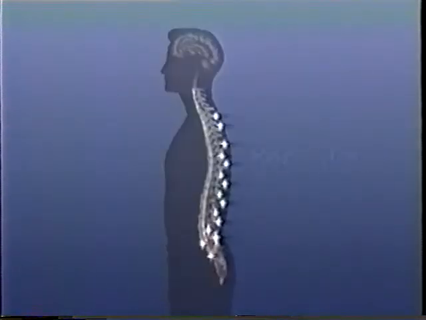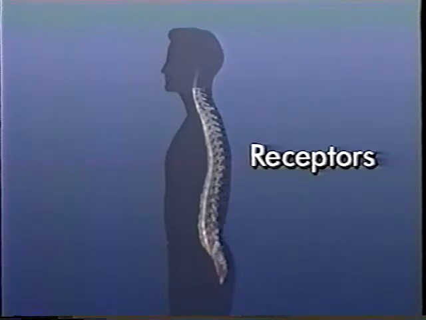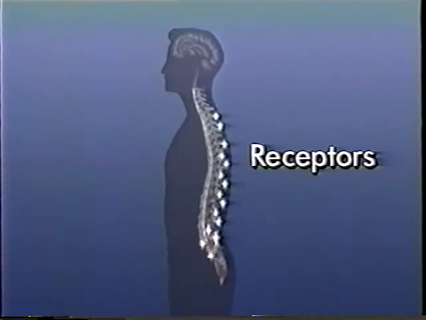There are numerous receptors in the joints and muscles which constantly monitor the position of the back. These receptors have the ability to trigger small changes in joint position and muscle tension. Practice of good back positions actually helps train these